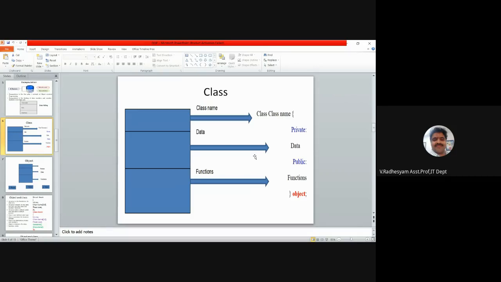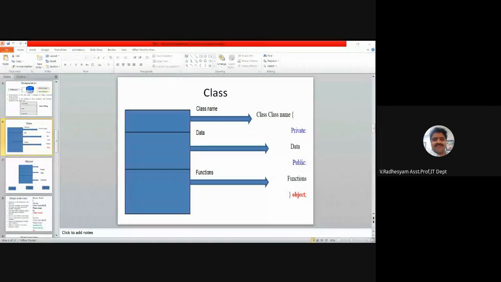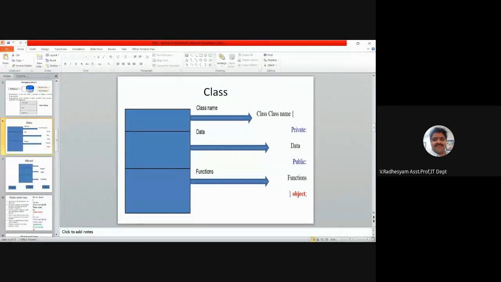As I told you, this is a class with three compartments. First one is the class name, next is data, and next is functions.